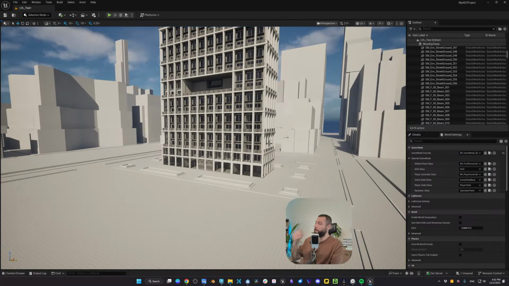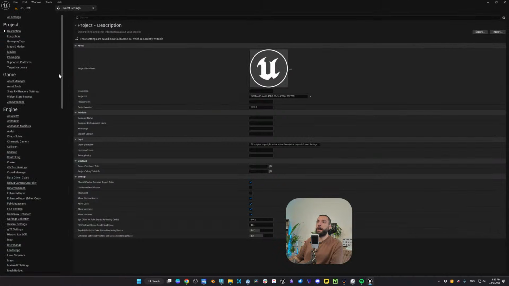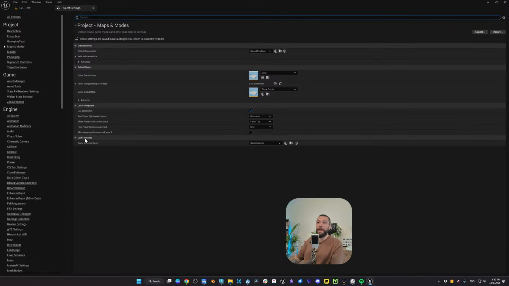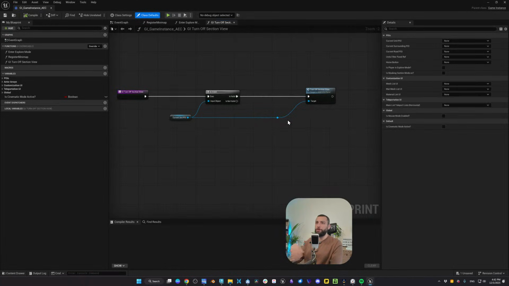Step number two, you want to go to edit, go to project settings, and go to maps and modes, where you will see game instance. You want to set this from game instance to game instance AEC. In this game instance file, we save and we register points of interest.